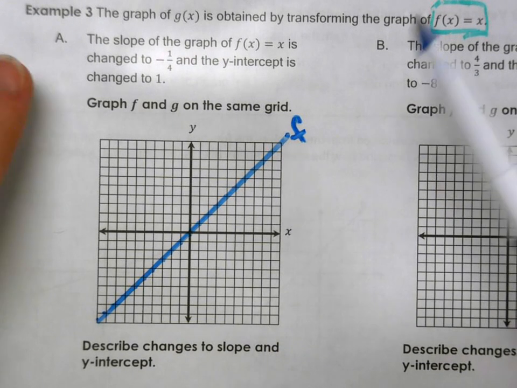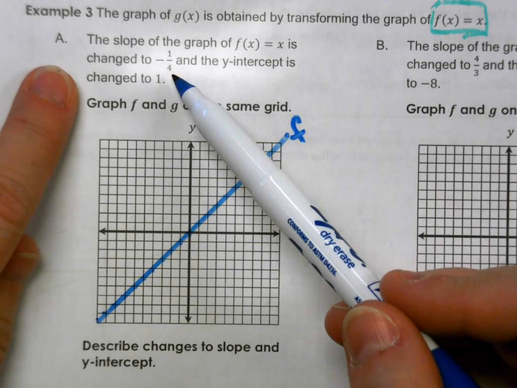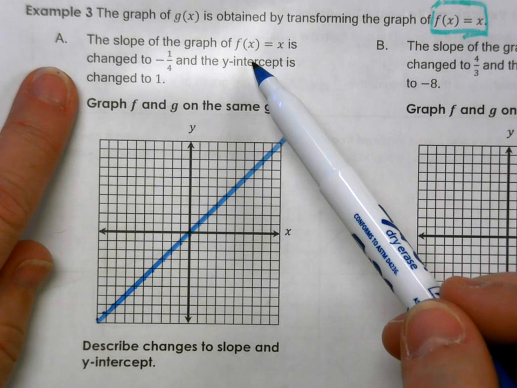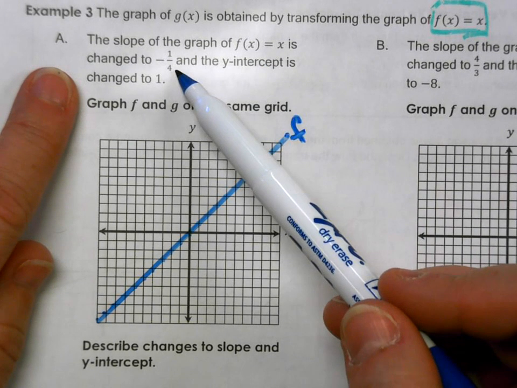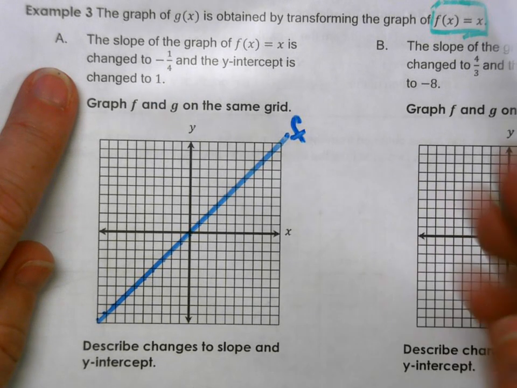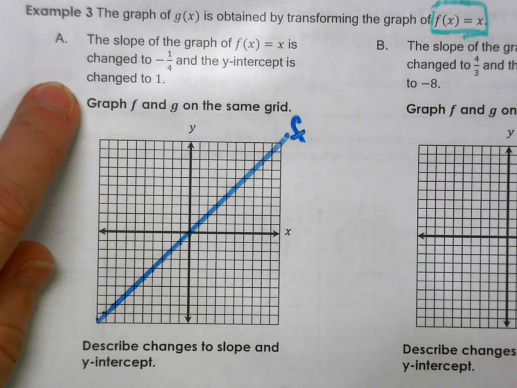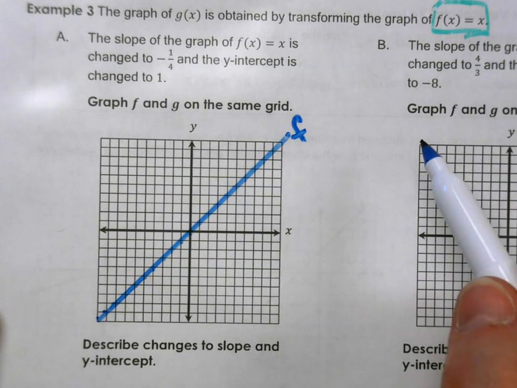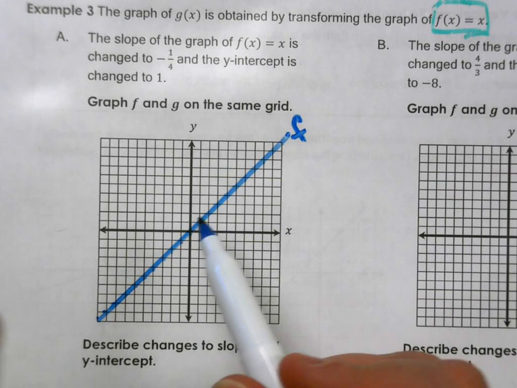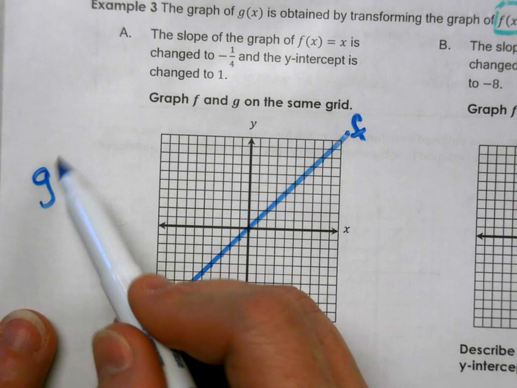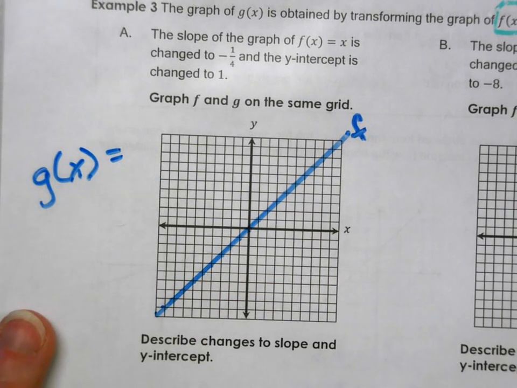It says the changes that I'm going to make is I'm going to change the slope to negative 1/4. And I'm going to change the y-intercept to 1. So I'm going to write my equation. Scoot this a little bit. So g of x equals,